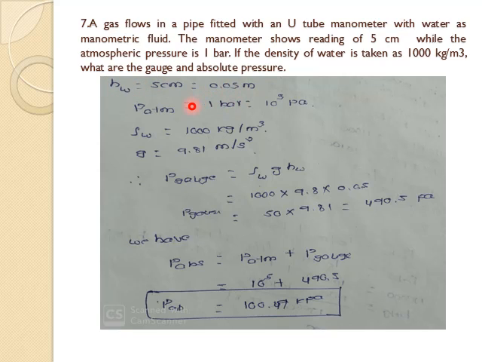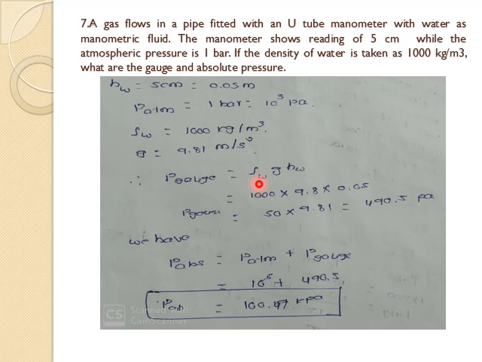Hw, that is height of the water in the manometer, is 5 centimeter. Convert this into SI unit, which is meter, 0.05 meter. Atmospheric pressure is 1 bar. So 1 bar is equal to 10 to the power 5 pascal. Whenever you are given a bar, convert this into pascal while using in formula, because SI unit of pressure is pascal. Then density of water is 1000 kg per meter cube, which is constant. Even if it is not given in the question, you need to assume this. But in this case he has given, no problem. And G, gravitational constant, is 9.81, we know that.